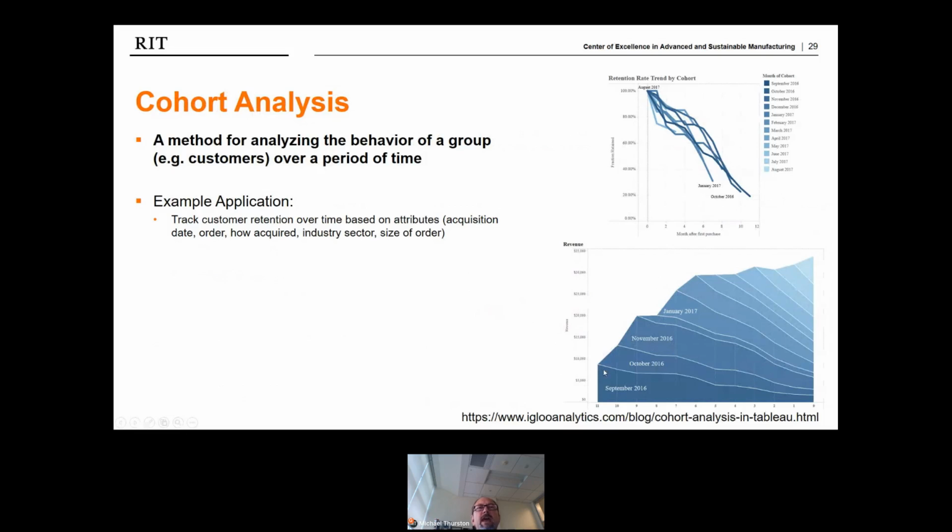So we look at this group here. This is the September 2016 cohort, the group that first ordered in September 2016. And then you can look at months after the first order, what were their recurring orders and how did that trail off. So this is broken into different cohorts by the month of their first order, and the graphic kind of lays those on top of each other to look at your total order volume and how it's made up of these different cohorts.